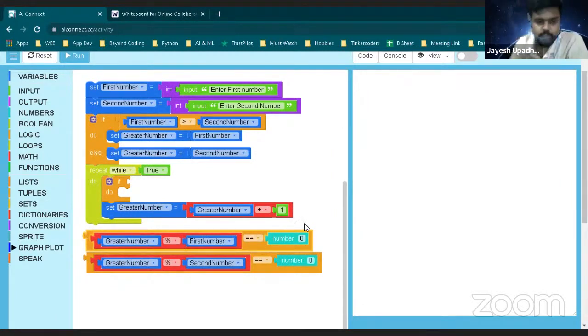I'm just checking whether the number which I have in my hand right now, which I said is the greater number, the second number, is divisible by both or not. Because it might be possible that the second number is itself the LCM, as we have seen in the case of 5 and 10. This is one of the reasons I have set greater number equal to second number, because I know the second number can be the LCM. Now all of you, please do this much.